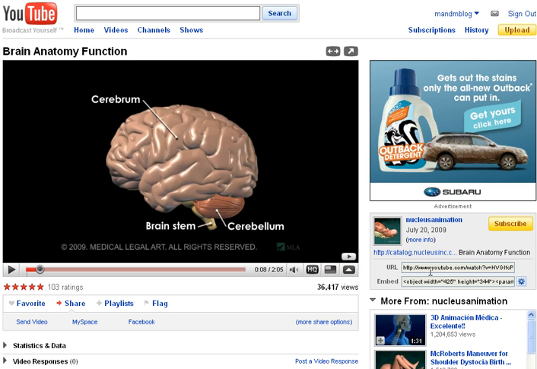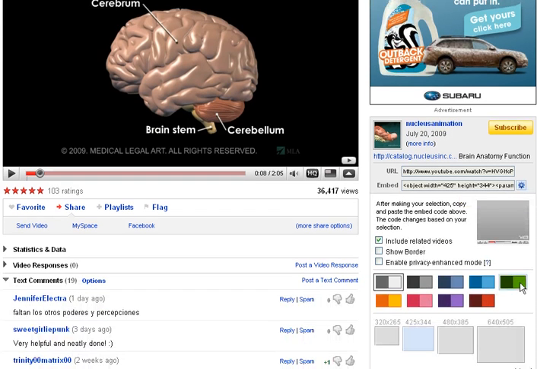Over here there's a link, the URL to this video, but you can also select this embed code, and when I click on this little star or circle shape that says customize, I'm going to get some options, and we could show a border because of the color scheme of EPS411.com. I'll pick that. I'm also going to uncheck related videos. I think that's an odd way to end a video within a post. And then I'll just go up here and click on that embed code, Control C to copy it, and now